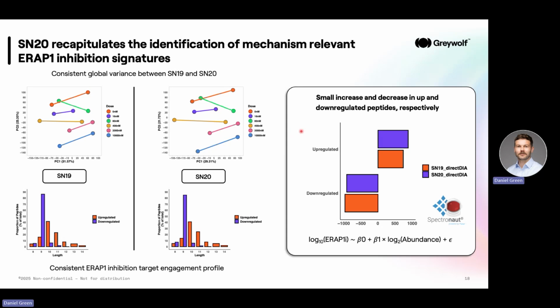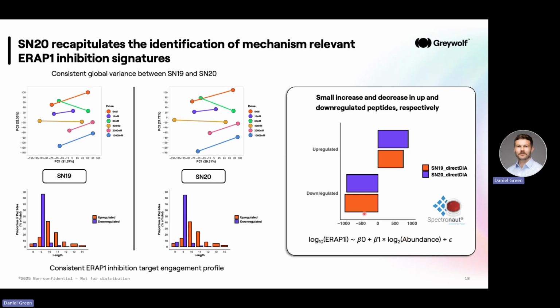And you can also ask how many significant peptides there are in each of these different searches. So this is just computing a log-log model to ascertain what peptides will be significant at 5% FDR. So you take the log base 10 of your inhibitor concentration, you take the log of your peptide abundance, and this really just compresses everything into linear space, so you can start to fit linear models over dose. And what you can see is that generally both of the two sets of significant peptides are largely consistent, but